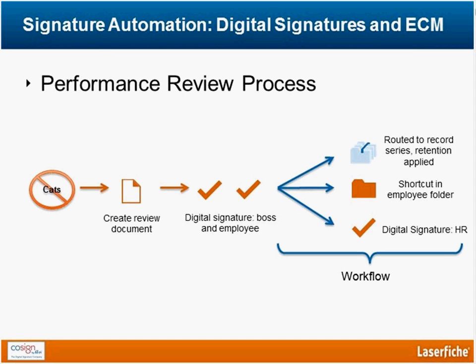This way, the appropriate retention policies are applied for our corporate records, and I have easy access to the information, and any appropriate parties, say maybe HR, is notified that a new employee performance review has been created, and they can take appropriate action and sign off as well if necessary. This entire review process is done digitally, securely, and automatically, ensuring that information is correct and available to all parties